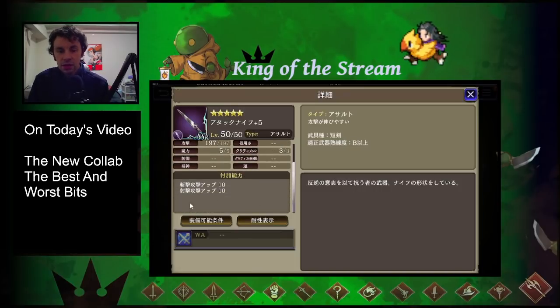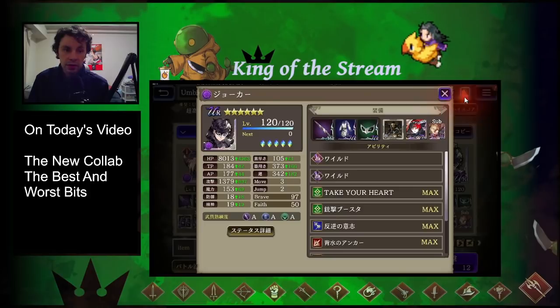So you can see that his dagger actually supports shooting damage up. This is good for multi-damage type units. This weapon is really nice and probably is going to be, as some people have already figured out, good on a few other units. Now taking a look at Take Your